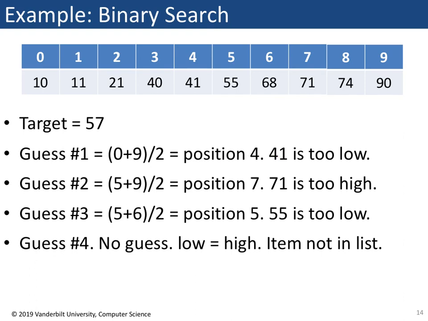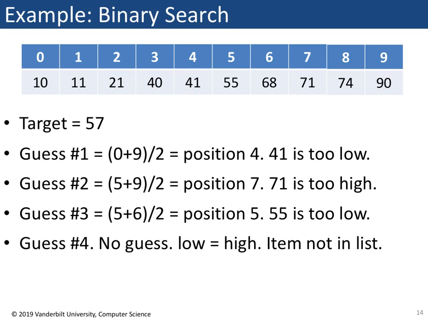4.41. So that's not 4.41, that's what it looks like, but it's in position 4, right? 9 divided by 2 when we're doing integer division is 4. It's 4.5, but we chop off the 0.5 because in integer division we don't have remainders. And we don't round in integer division either. We just chop off whatever the remainder is. So position 4, so 0, 1, 2, 3, 4